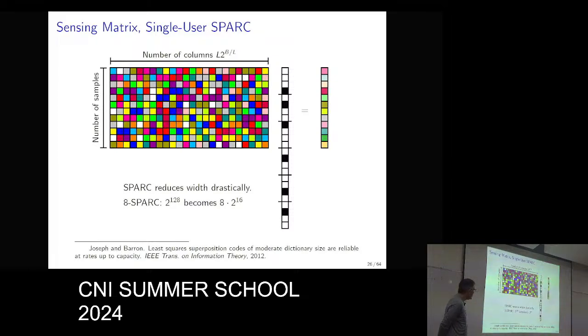So the reduction in the size of the matrix is quite significant. The number of columns that you need to be able to support this scheme is going to be L times 2 raised to the B over L. And practically, when we started working on this problem, in fact, we were working on a slightly different problem. We used this to limit the complexity of the system. So if you have 2 to the 128,